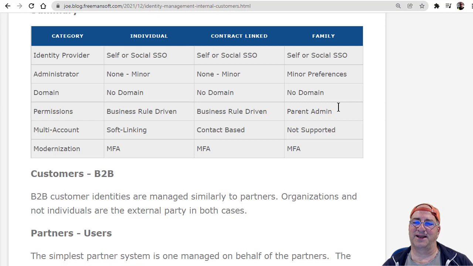So in those cases, those are like contract-linked accounts. Two people are in a bank account. They each can have their own account. Those accounts are essentially linked by contract to that one bank account, but they're not really linked, right? It's not a domain. They're really individuals.